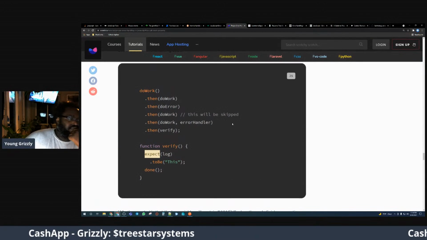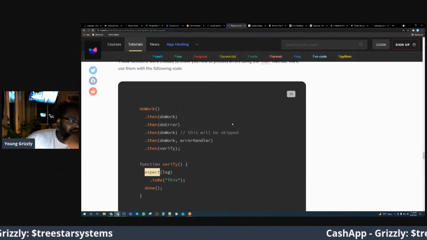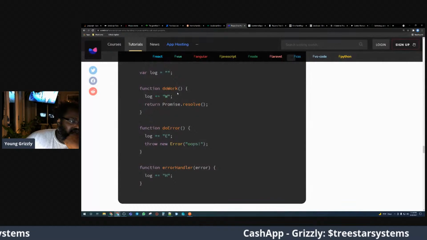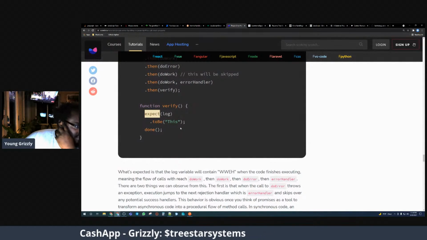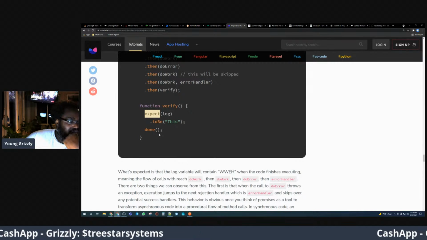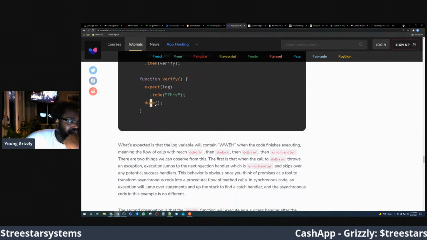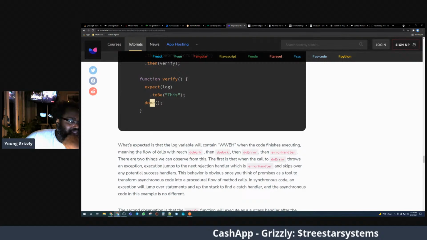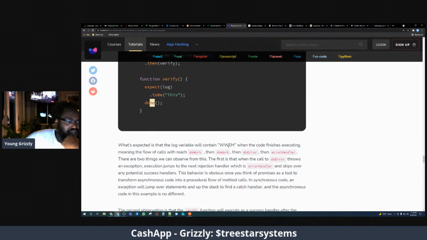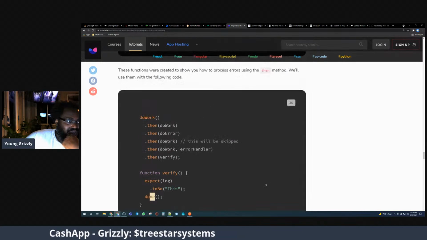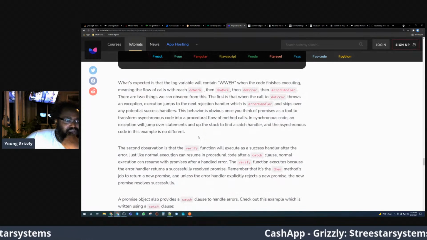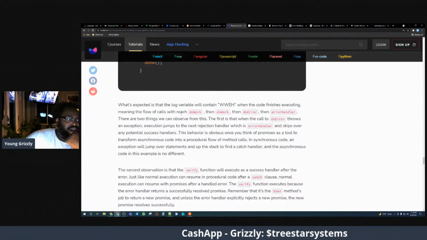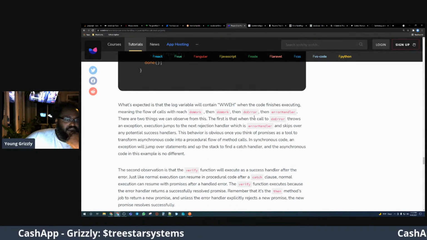Yeah, it's not JavaScript. So expect log, in this case, log this value here, log to be this, done. Oh, I haven't seen done in a while. What's expected is that the log variable will contain WWEH, right? Because we have all these different thenables that add to it, okay? When the code finishes executing, meaning the flow of the calls will reach do work, then do error, then error